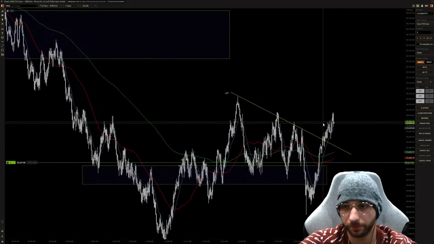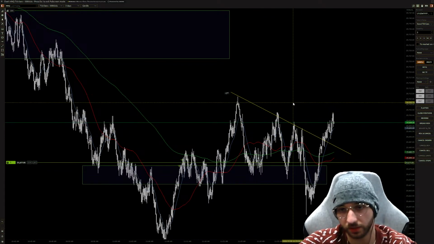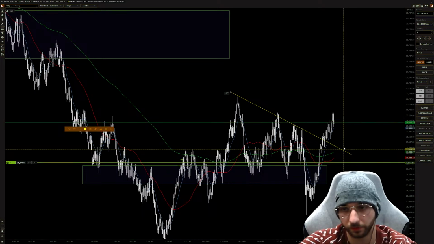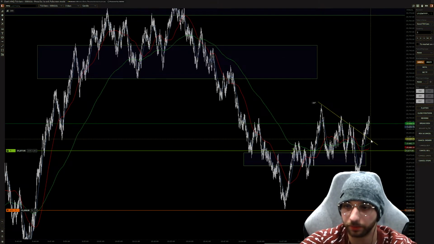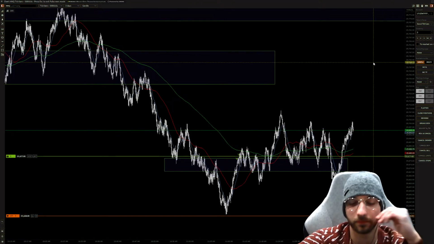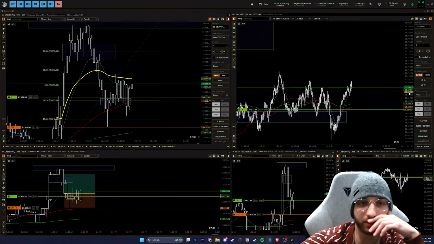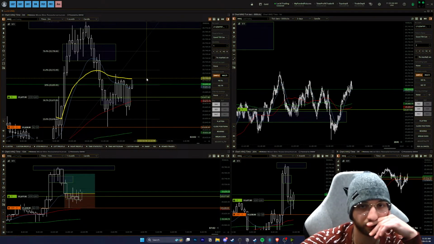Alright, we're breaking up out of this downtrend, or micro downtrend, I guess. Kind of micro-analyzing at this point, but let's see if we can follow through. Break above these, break above VWAP,